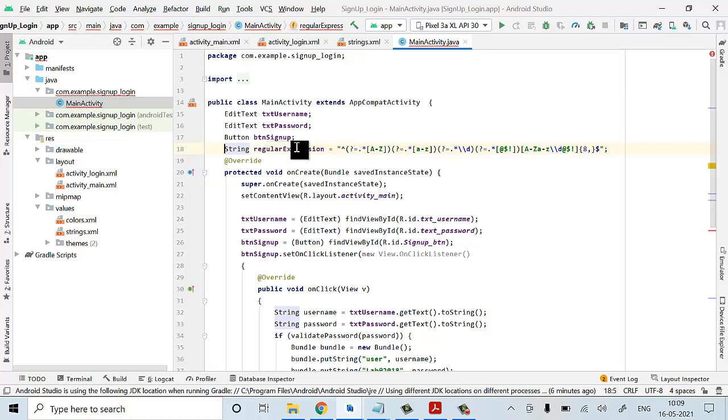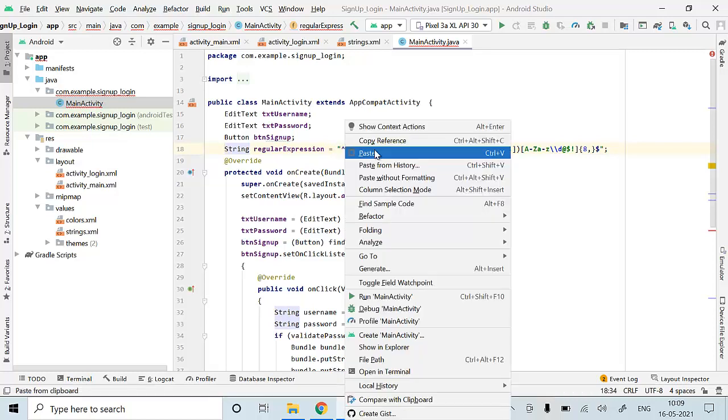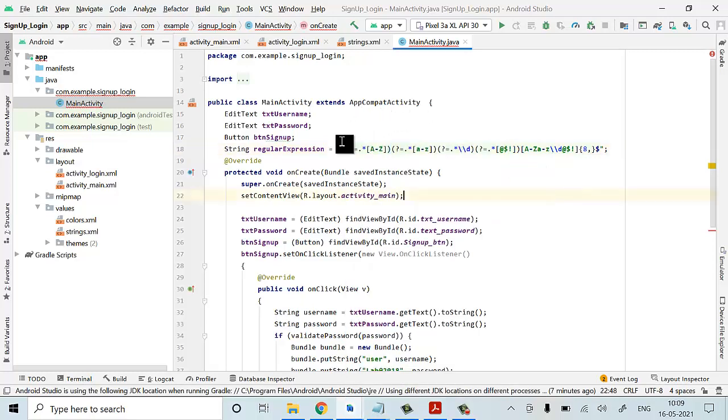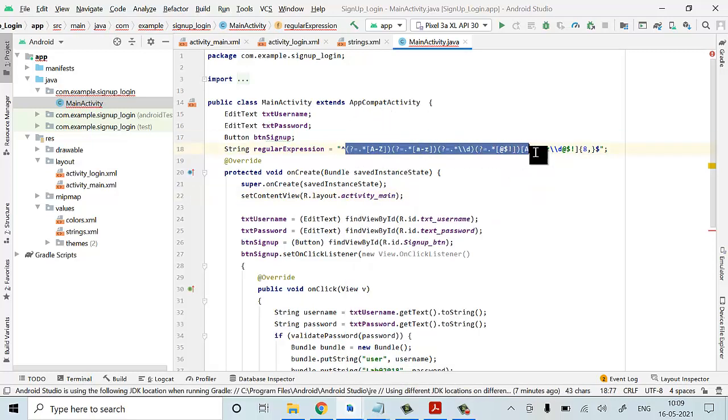Next, we have taken a regular expression. Why have we taken this regular expression? The password should contain characters, letters, numbers or special characters, and the maximum length is 8. If you want to verify all these things, we do it with the regular expression. So I have taken this part.